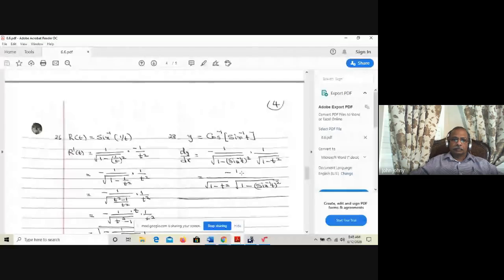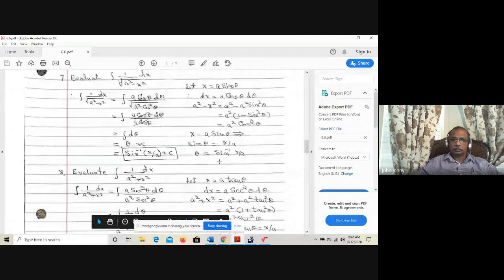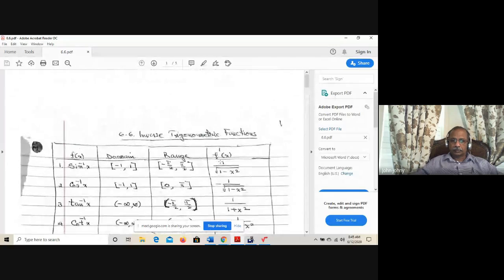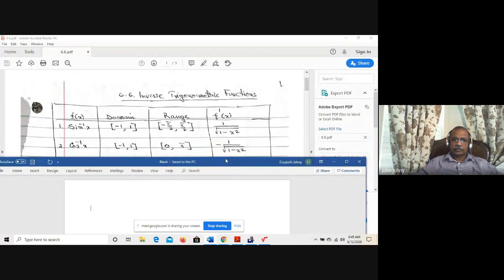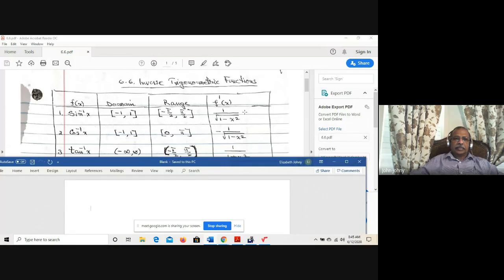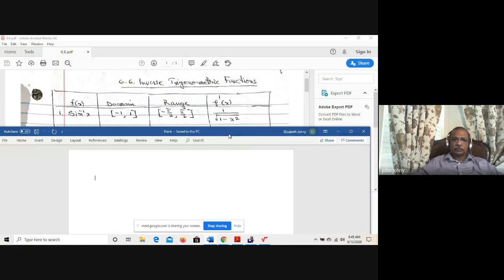We are going to start with lecture 4, that is 6.6, which deals with inverse trigonometric functions. Sine inverse x is the inverse function of sine, but we have restrictions on the domain